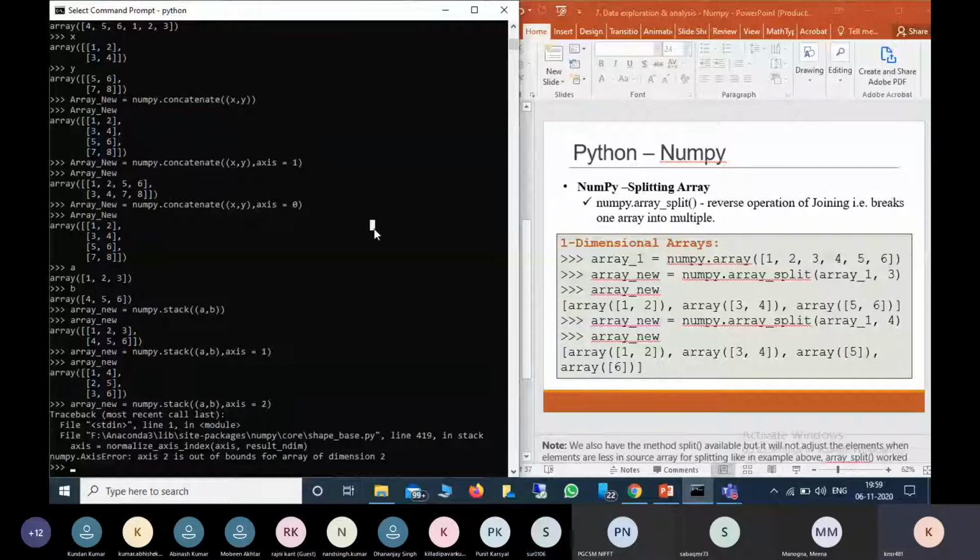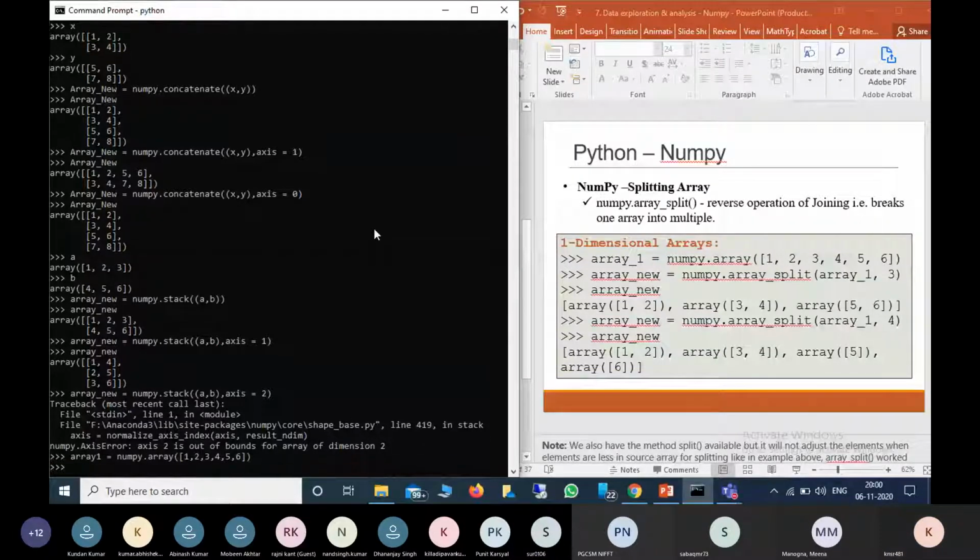First we can take an array, array 1 equal to numpy dot array 1 2 3. Now we are splitting this array into two parts.